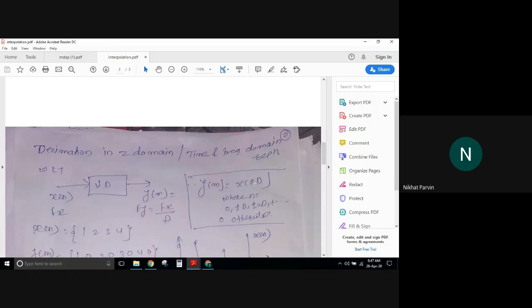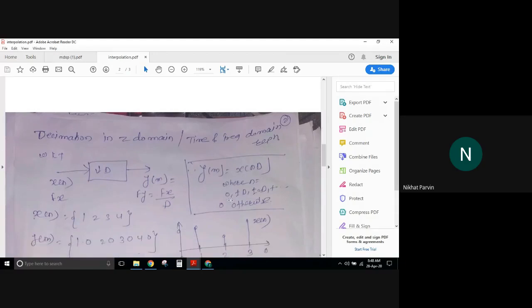This means you see x of 2, not x of n. Earlier, when you did x of n, you got samples like x of 0, x of 1, 2, 3, 4, 5. Here you will get x of 0, then x of 2, then x of 4, then x of 8 and so on. That means samples 1, 3, 5, 6, 7 are lost, these samples are dropped. That is what we want to do in decimation, that is, in downsampling. That's why these are the important mathematical expressions to exhibit the behavior of upsampling and downsampling respectively.